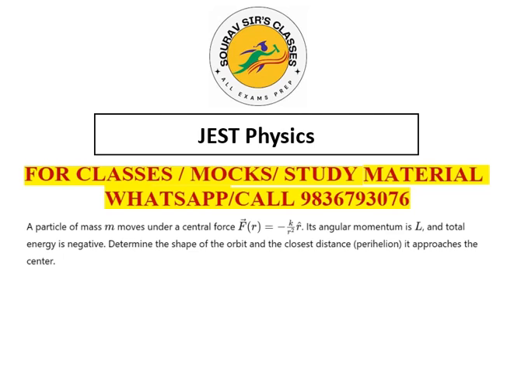Let's solve one problem from JEST Physics. The problem states that a particle of mass m moves under a central force F(r) equal to minus k by r square into r cap. Its angular momentum is L and the total energy is negative. We need to determine the shape of the orbit and the closest distance